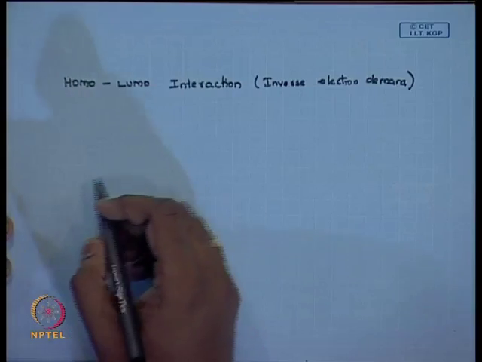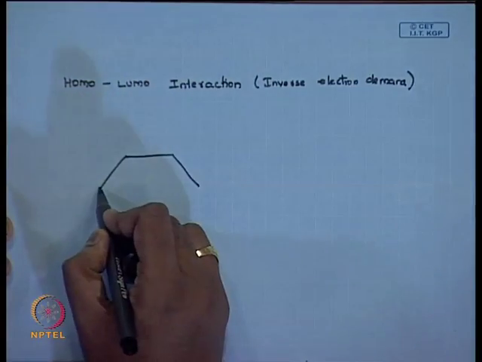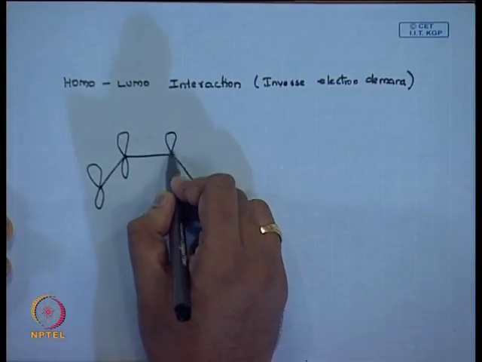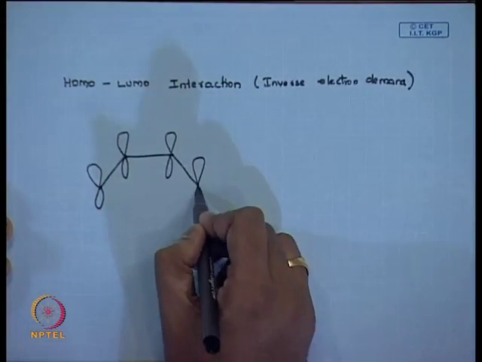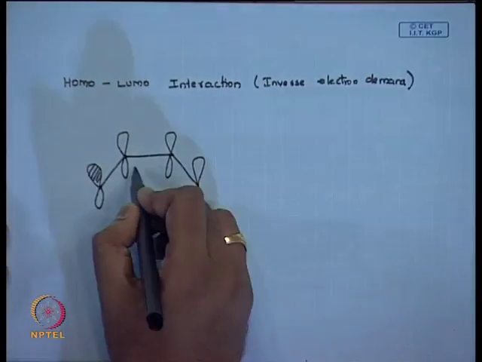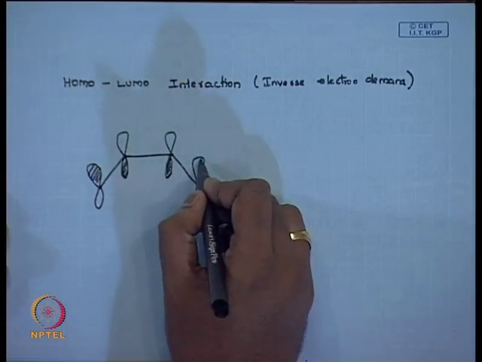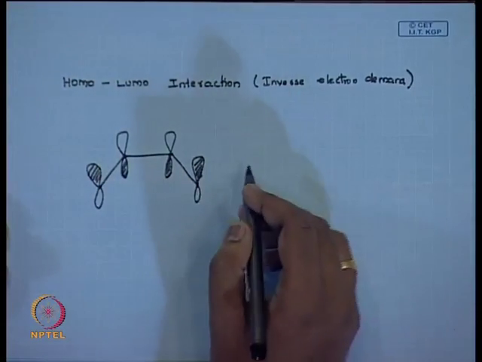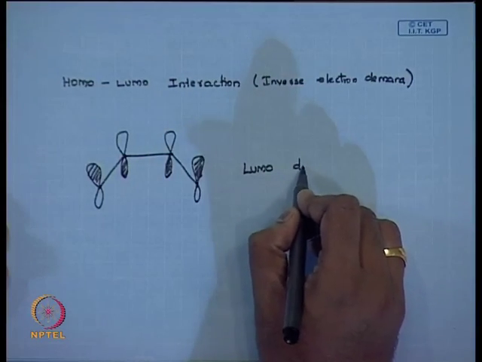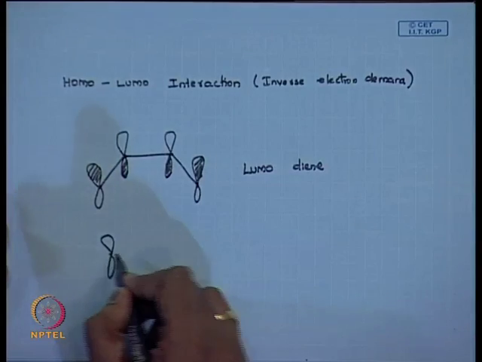We were talking about the LUMO of our diene. This is the LUMO of your diene. If I have the HOMO of my dienophile,